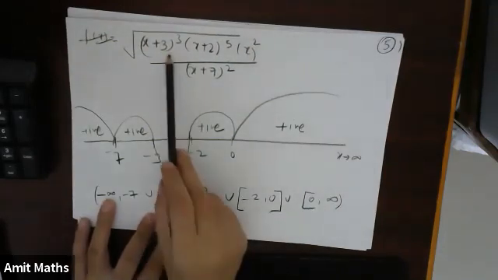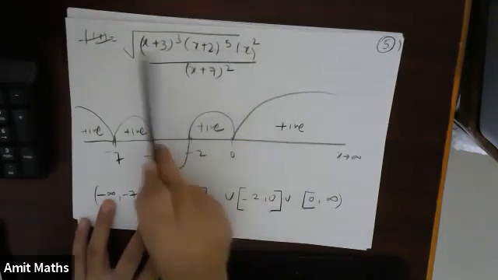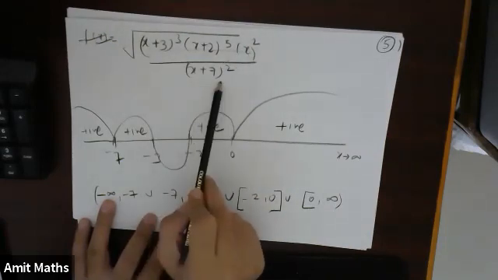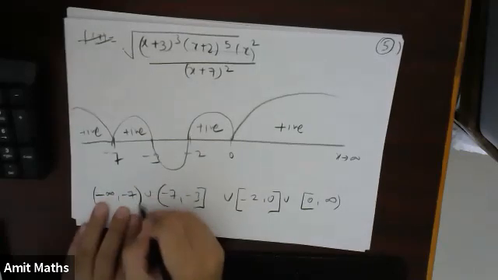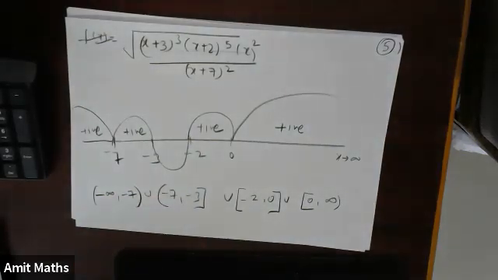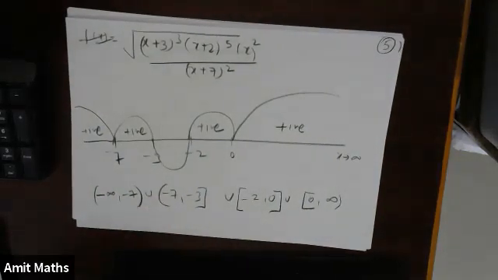And let's substitute minus 7. In the denominator, it will become 0. So that means 1 upon 0 is not defined, so minus 7 will be excluded. So this will be the solution for the second question. Okay, now the third question which I have given is